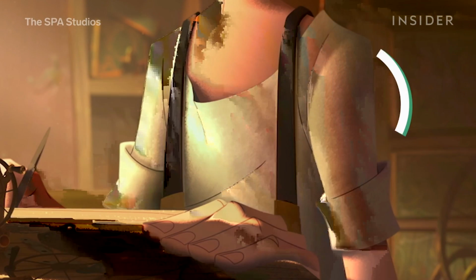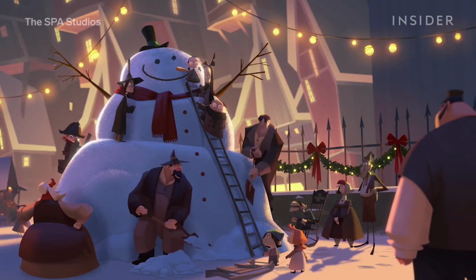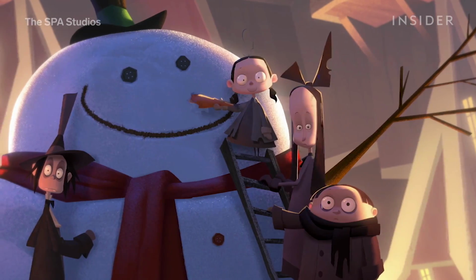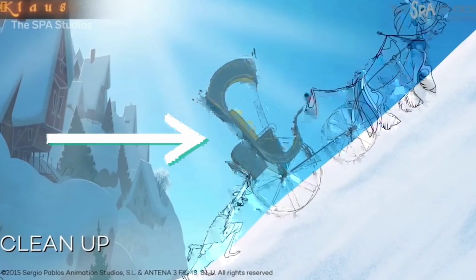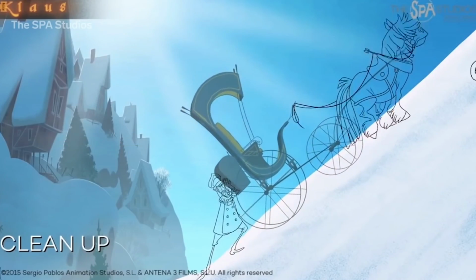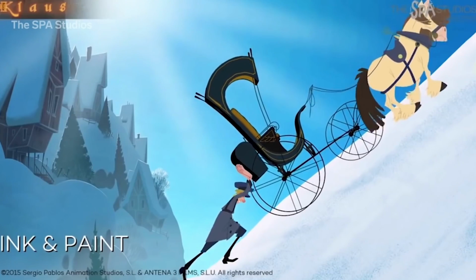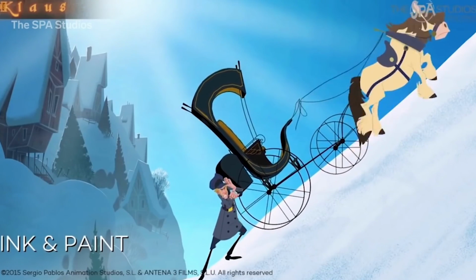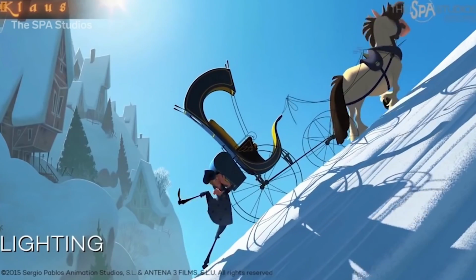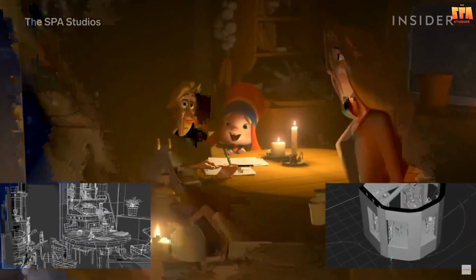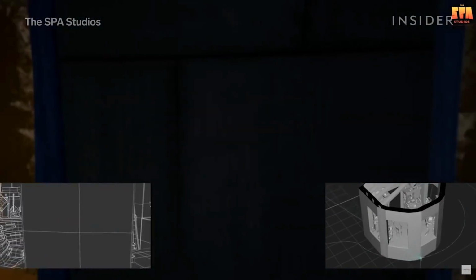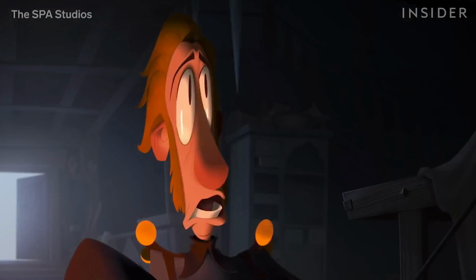Additionally, texture was added to the characters so that they look like they're a part of the environment, whereas in other animated films, the characters looked almost plastered on. Klaus isn't all hand-drawn. It does have some 3D elements, which use the same light sources as the 2D characters, allowing for a seamless mesh of the two different styles of animation. These 3D elements implemented on a 2D world make Klaus look almost real, while keeping the nostalgic personality that hand-drawn films